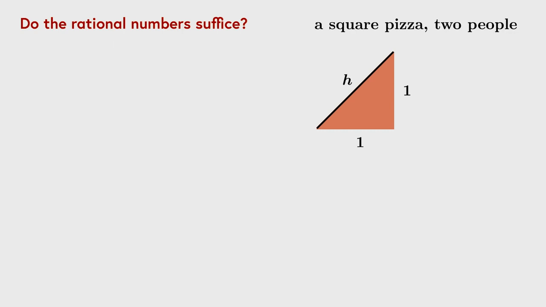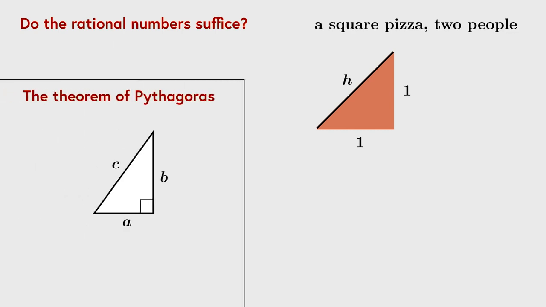Well, a lot of light is thrown on this question by recalling the classical theorem of Pythagoras, which says that in a right-angled triangle, such as I've drawn here, the sum of the squares of the 2 shorter sides is equal to the square of the longer side, called the hypotenuse. In other words, this formula holds. If we apply this fact to our piece of pizza, you see that h squared is equal to